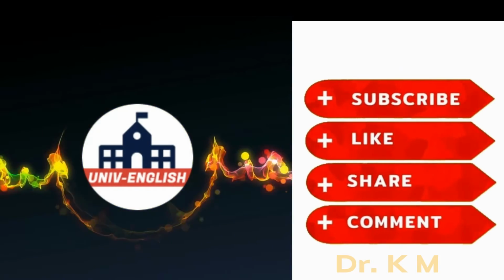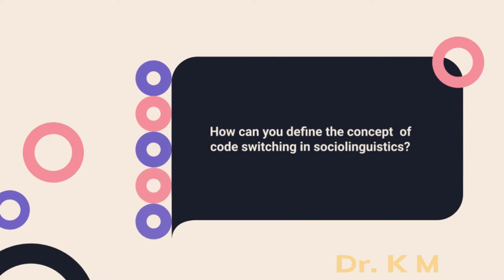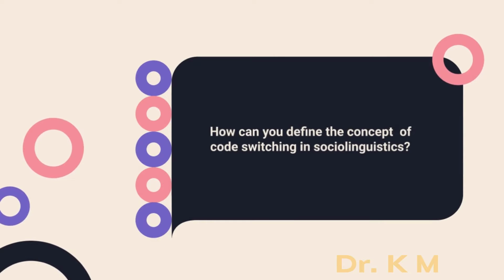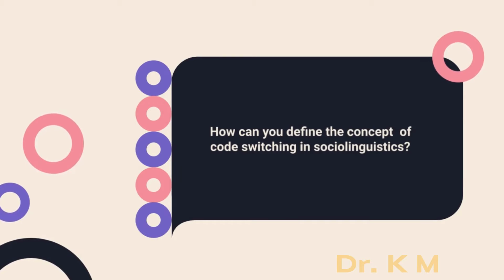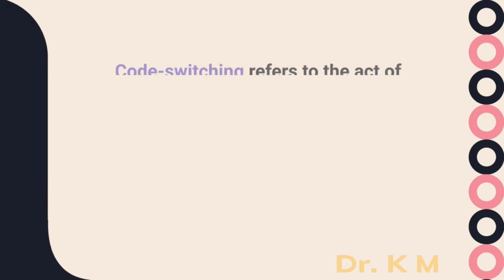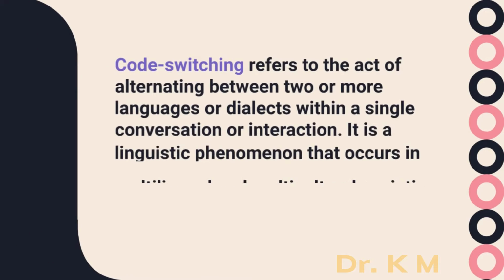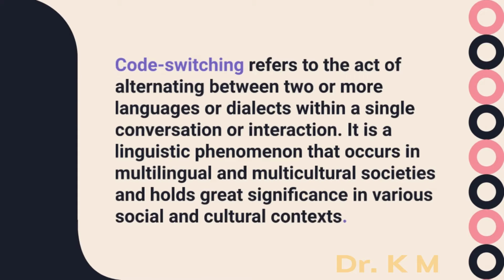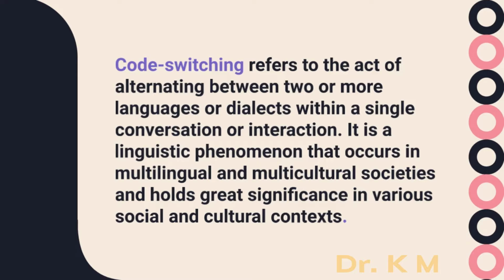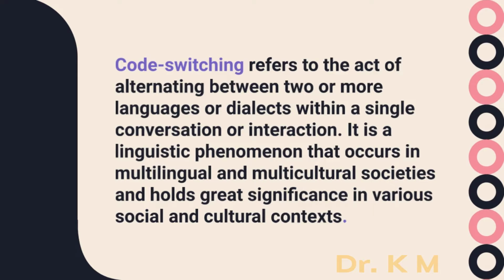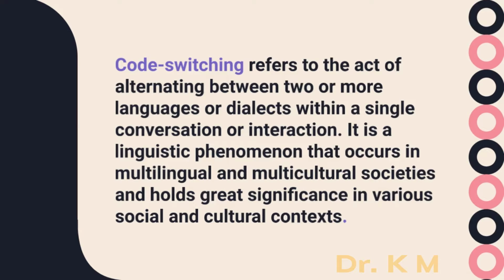So, let's begin with this question. How can you define the concept of code switching in sociolinguistics? Code switching refers to the act of alternating between two or more languages or dialects within a single conversation or interaction. It is a linguistic phenomenon that occurs in multilingual and multicultural societies and holds great significance in various social